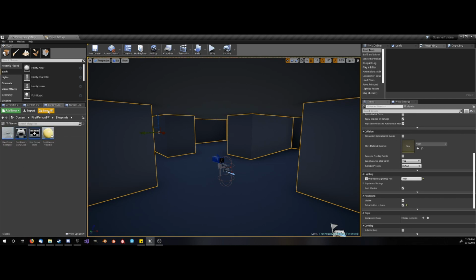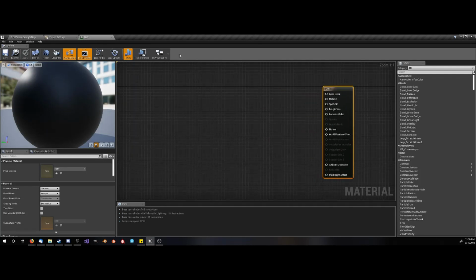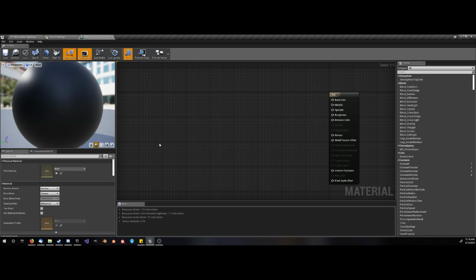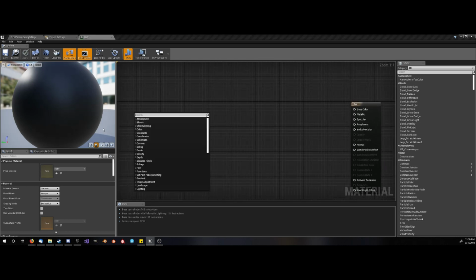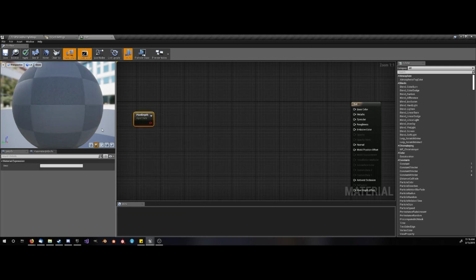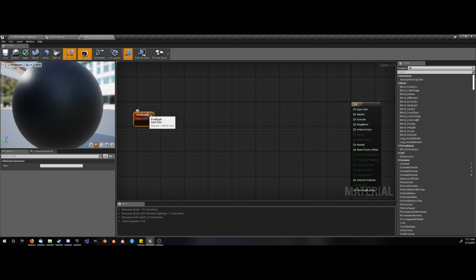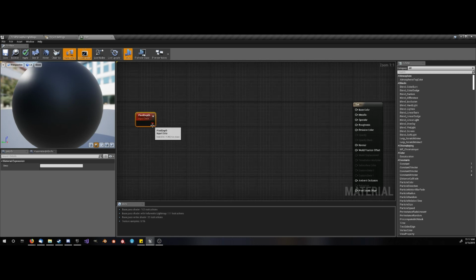Now there's a couple things we want to do next. Let's create a new material, and we will call this dot. And now this is going to be the material for our glowing dot. So what we want to do is search for pixel depth. And this will get how far away that pixel is from the camera. We want to